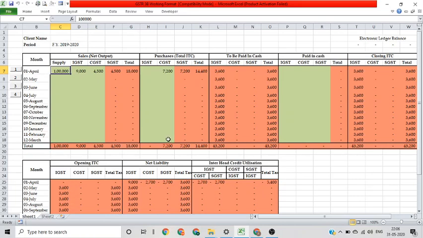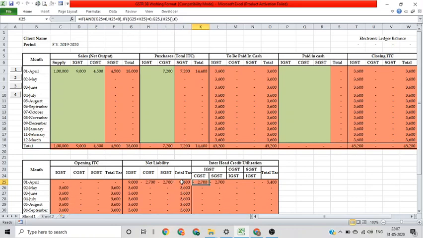Now come down to this table here, net liability. It says we have 9,000 rupees IGST to be paid and there is a refund of 2,700 each in CGST and SGST.